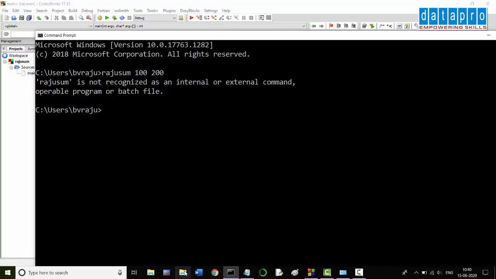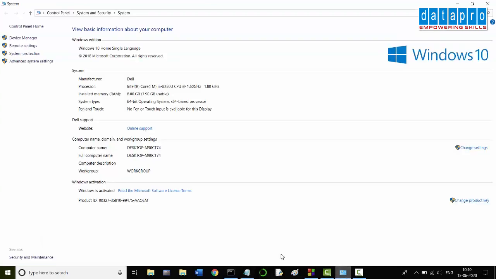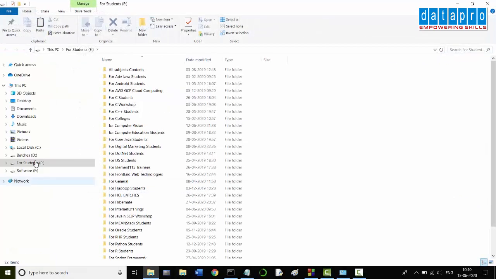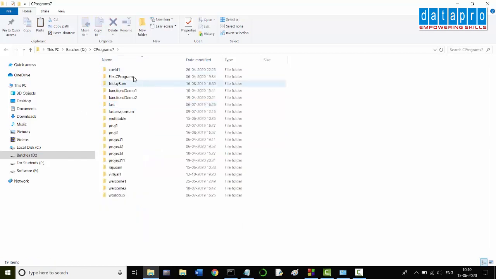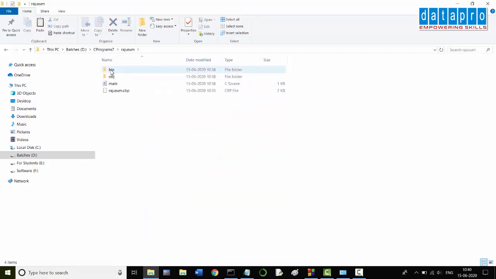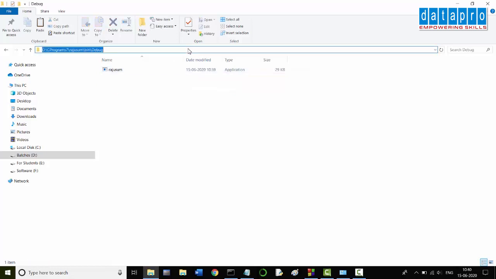For that, you have to go to the environment variables configuration where we have to set the path to this location. So let's go to the location where this program is present. It is present in D drive, program 7, and then Raju sum, then bin, then debug. You just copy this location.